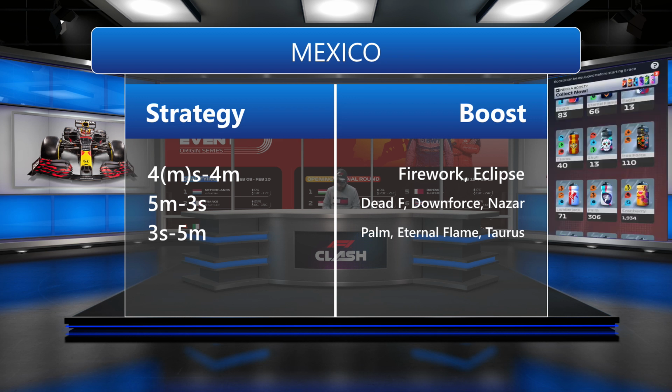So if you are in the middle of the grid, go the fast and furious way. Firework, Eclipse, Deadfast, 4-4 and 5-3. If you are at the back of the pack,